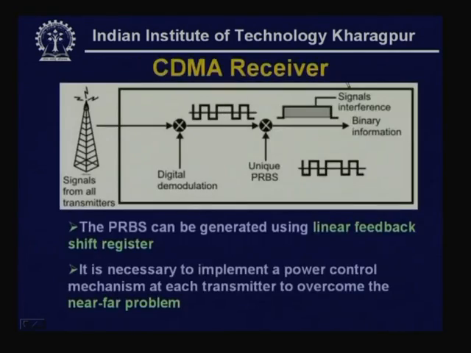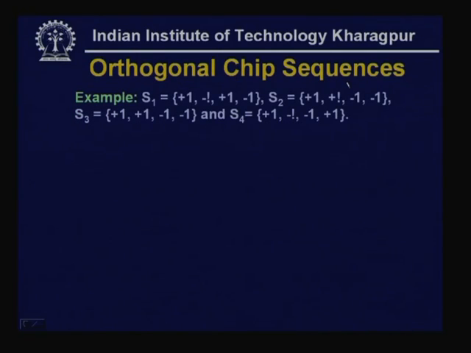So, S1 is, so these codes are not proper. So, let me take up separate codes, that is your S1 is assigned to A, that is your plus 1, plus 1, plus 1, plus 1, then S2 is assigned to B, that is your plus 1, minus 1, plus 1, minus 1. So, in this way if you assign and if you perform that multiplication and addition, you will